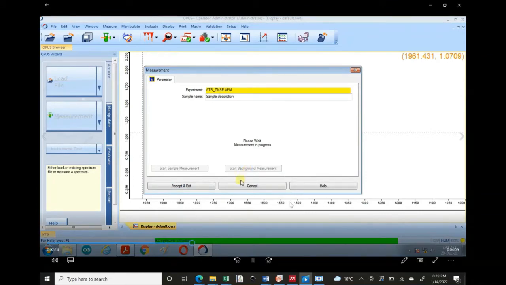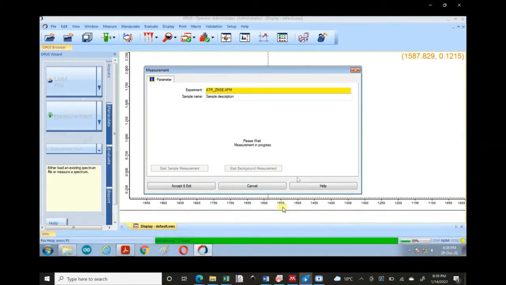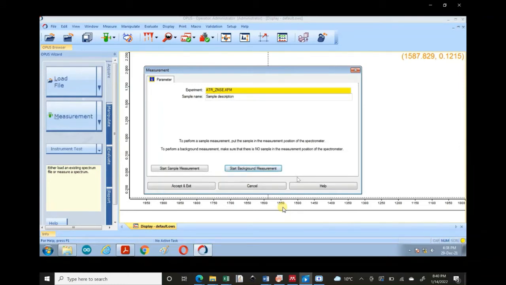If you can see downwards, the number of scans are shown. Right now there are 5 scans. As we have set it for 24 scans, the system will do the 24 scans for the background measurement. So once this is done,